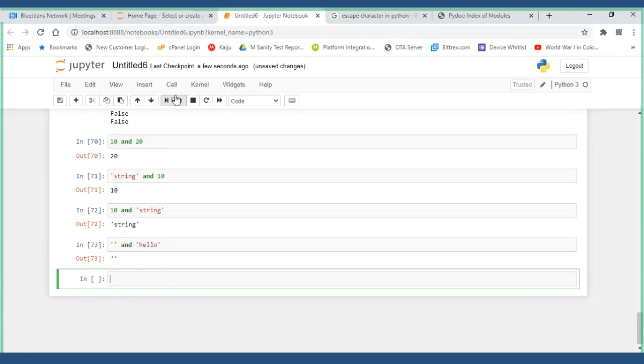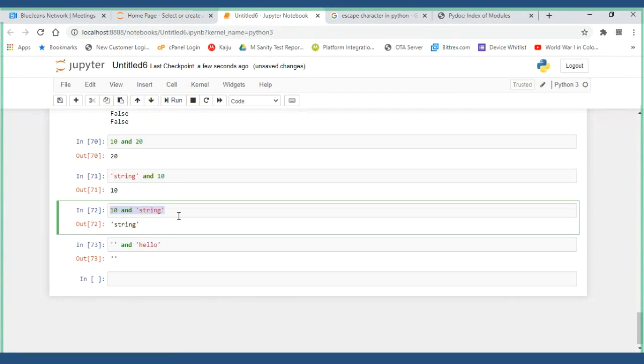I got an empty string. I'm using only the AND operator. Now, what is this? Why is it behaving like this? Just remember, it is evaluating the statement. When evaluating the statement, it will take two variables. Example, on the left side you will have A, on the right side you will have B, and the evaluating statement is AND.